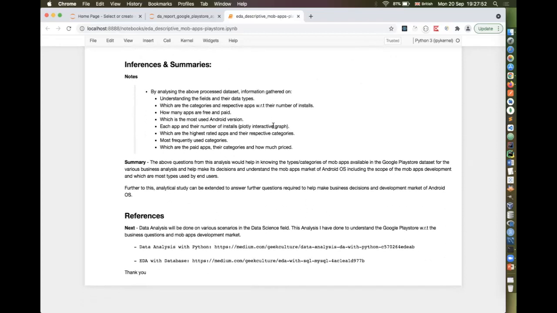Now, from this analysis, what inferences or summaries did we get?